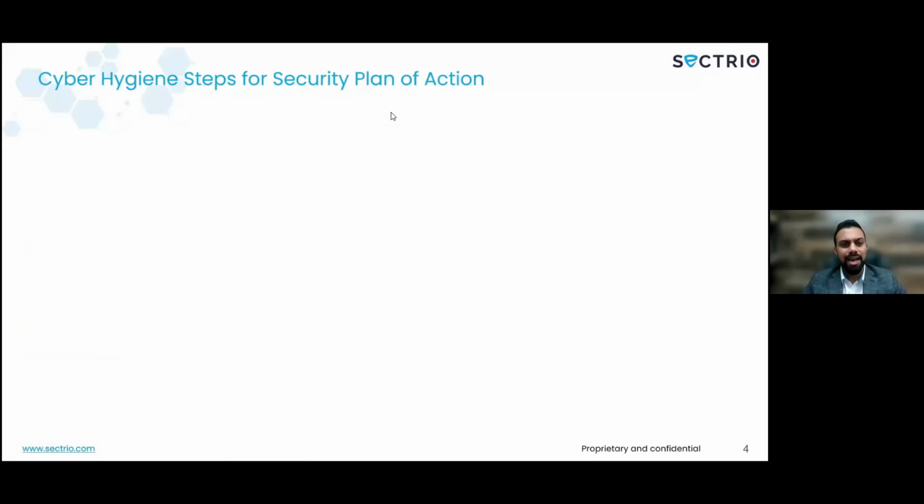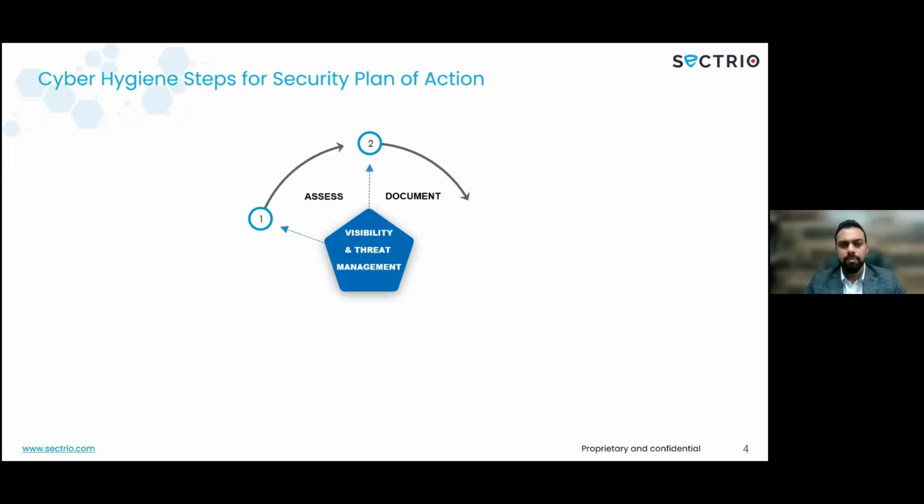So let's see how this actually deals with what the current steps are and what is the plan of action that we see with the CMMC, the maturity certification. So a couple of key things here. One is on the visibility side, and the other thing is on the threat management side of things. If you look at it closely, the model states there are 5 main steps that are included in the model,